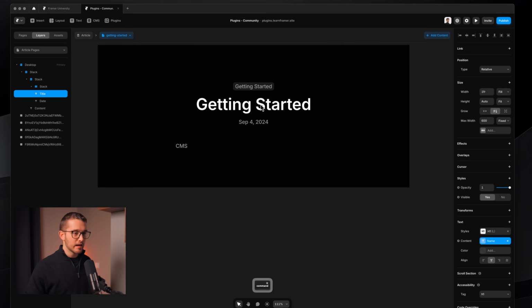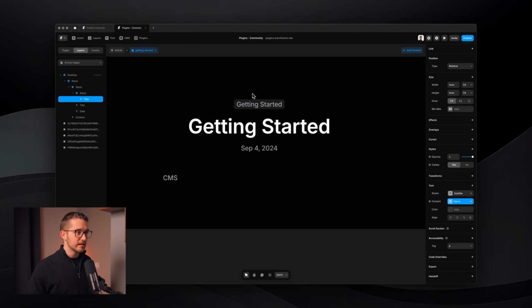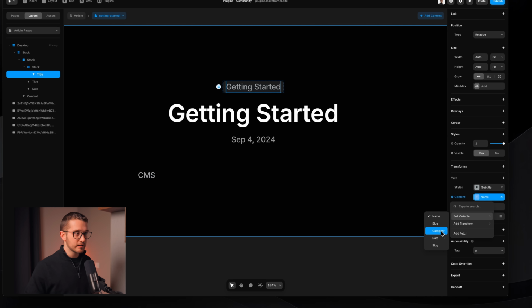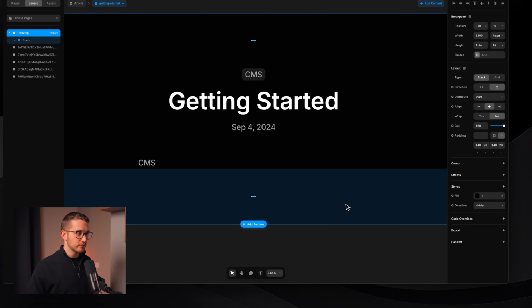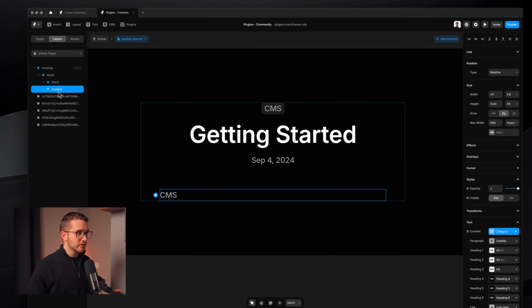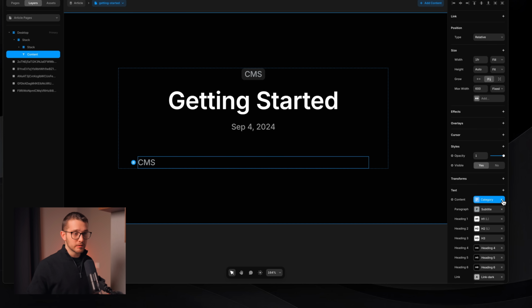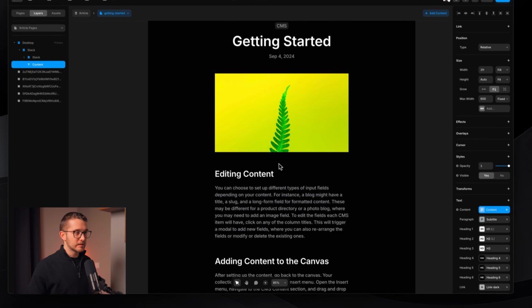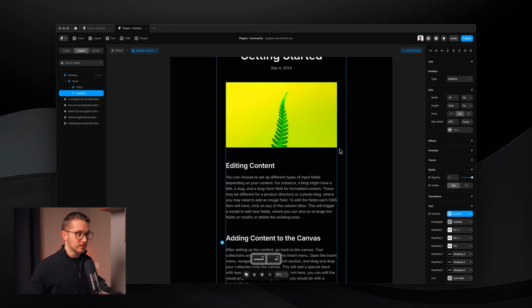And I can just go ahead and make sure that these properties are set up correctly. So for example, this is the category. It should not get the name, but the category. So set variable category. And I can also make sure that the rest of these are also correct. I can also come to this content, because this will be the actual content of the blog post. I will remove this property here because we are not going to source it from the category. We're going to source it from the content field from our CMS. So now, as you can see, everything that is within our item inside of Notion is now here